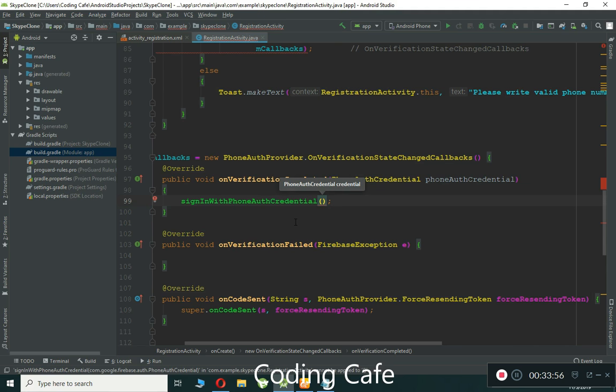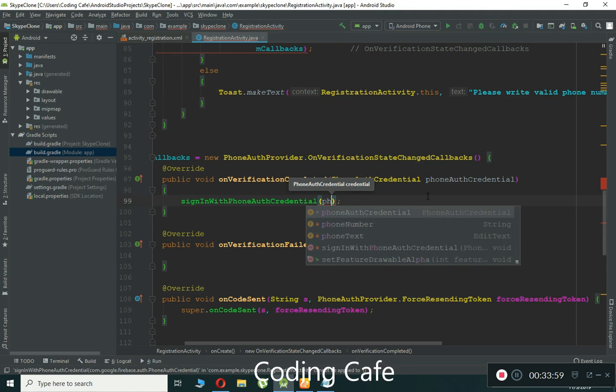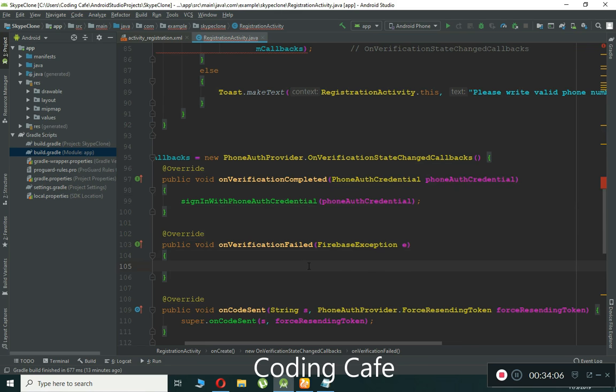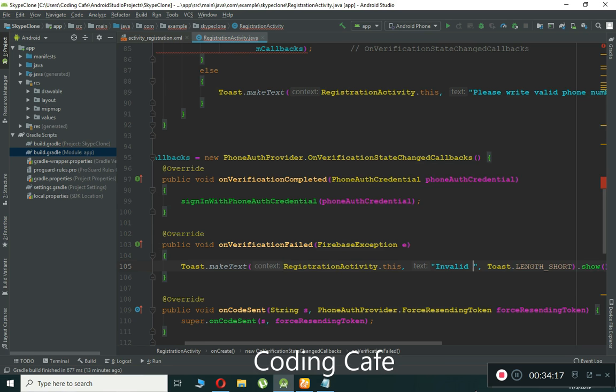And here we have to pass the phone auth credential as a parameter to it. Now in case the verification failed, then we can just display a toast message saying your phone number is invalid or in the wrong format. So just write any message you want, let's say invalid phone number,